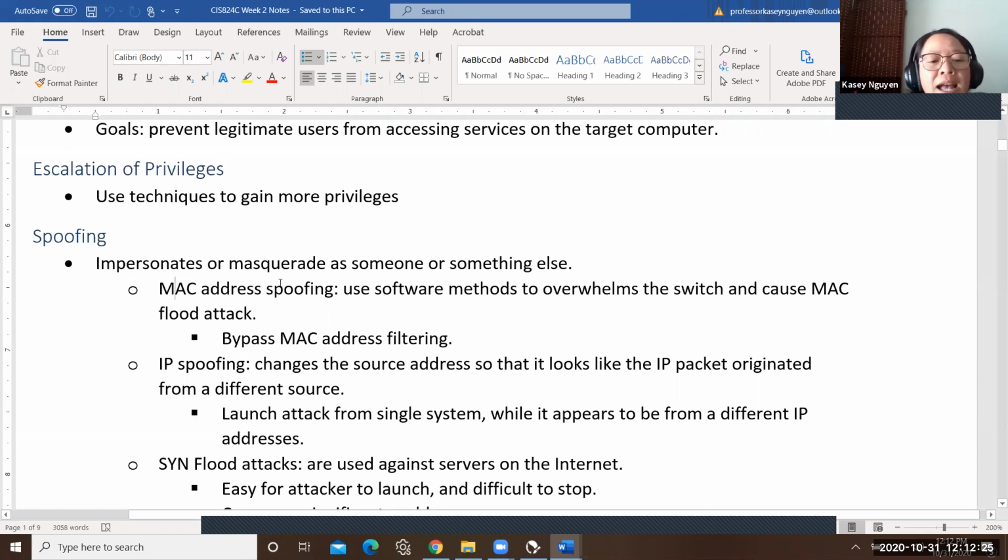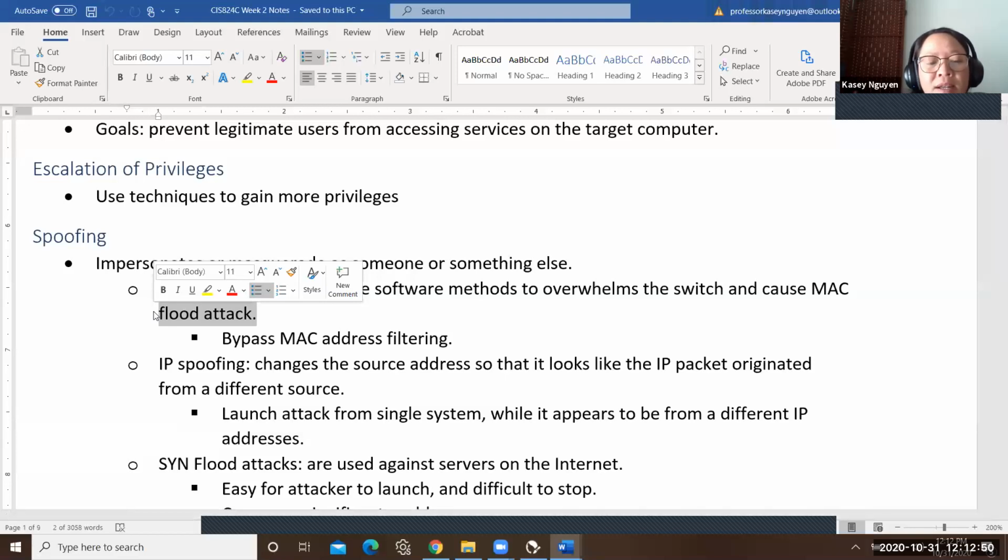So in MAC address spoofing, they would use software methods, code, scripts, tools that they find or write to overwhelm the switch, which deals with the MAC address table. And they would flood that table so that it's not containing relevant MAC address information. That way they will bypass the filtering with the MAC